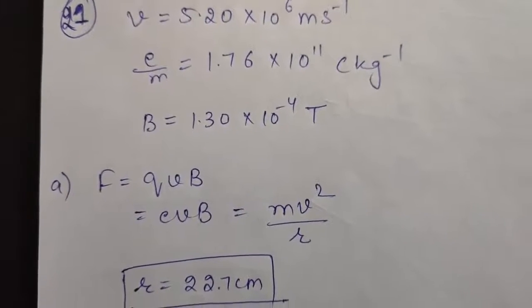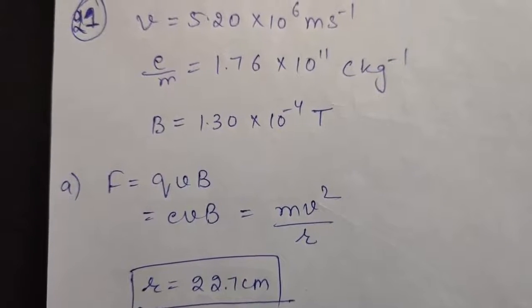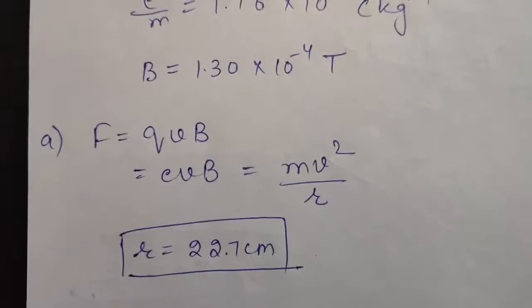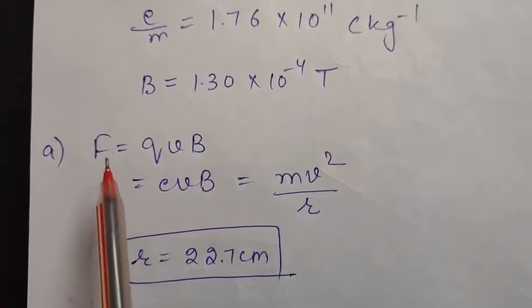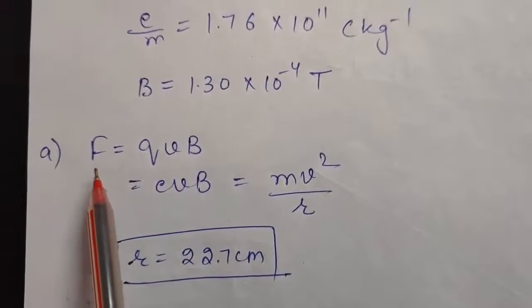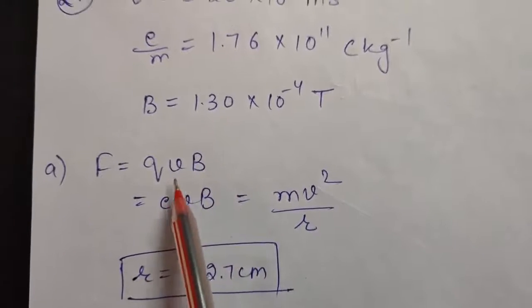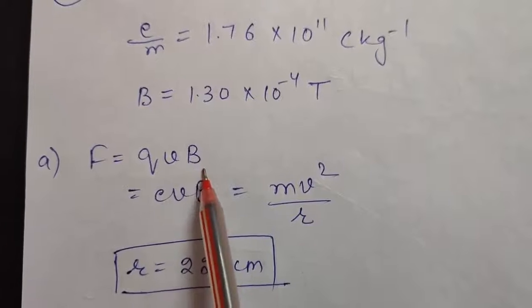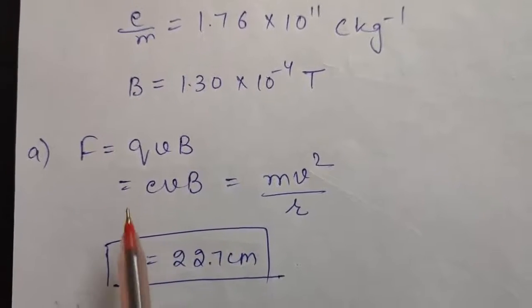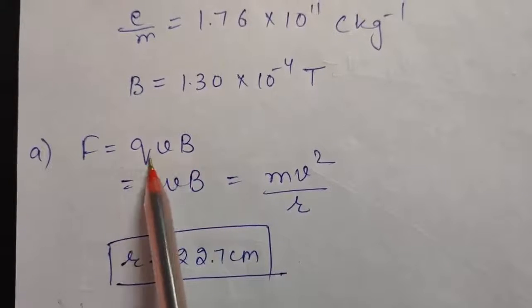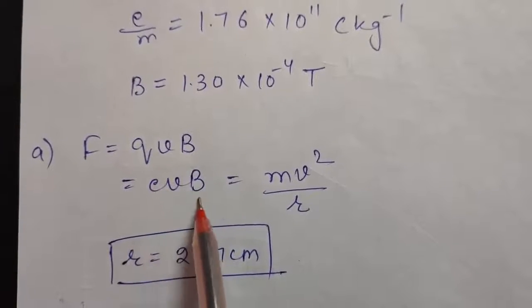So as you know, whenever a particle is moving in a magnetic field, it undergoes circular motion. So therefore, first of all, we will be calculating the electromagnetic force. That will be qvB sin theta. Because v and B are normal to each other, as given in the question, that will become qvB. And because we are talking about an electron, q can be written as e, so the force is evB.